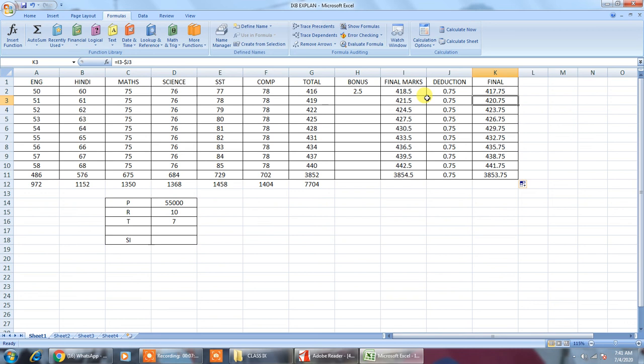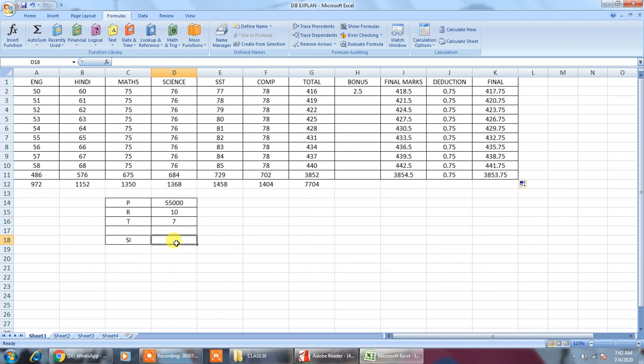So these are all the references. There are three references in Excel which I have explained: relative, absolute, and the mixed one. And now I'm going to show how we can form a basic and simple formula in a spreadsheet. Suppose the principal amount I have taken is 55,000, the rate of interest is 10%, and the time given is 7 years.